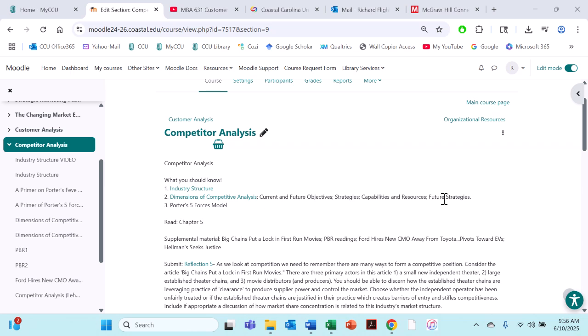This is just a short overview of competitor analysis. This module looks at the relationship that competitors have with each other and the assessment of that relationship, who your competitors are, and the type of analysis that you want to engage in. And basically, when we look at market-based